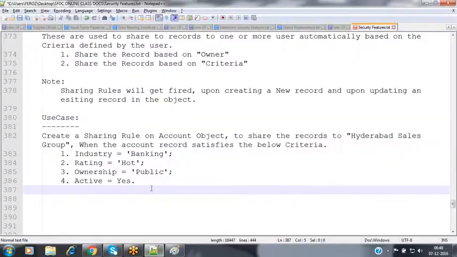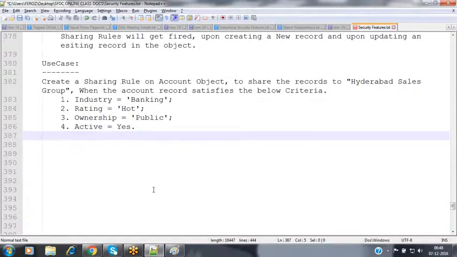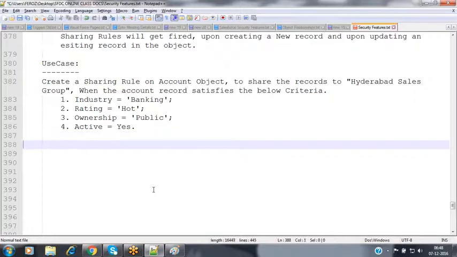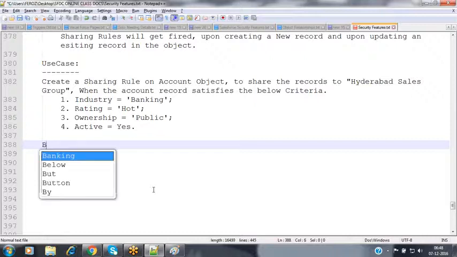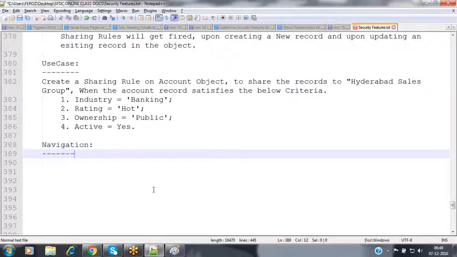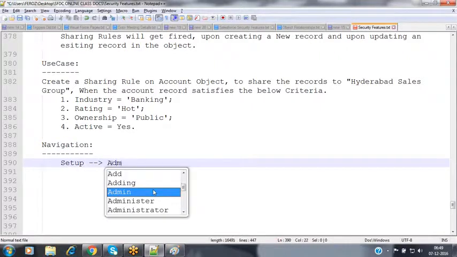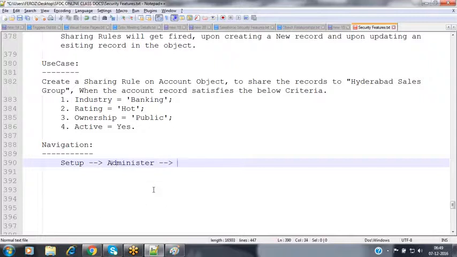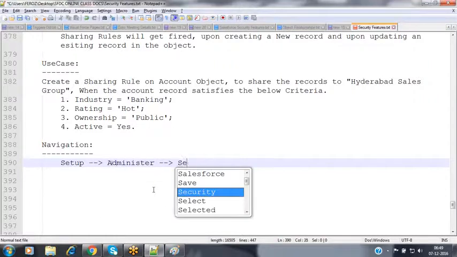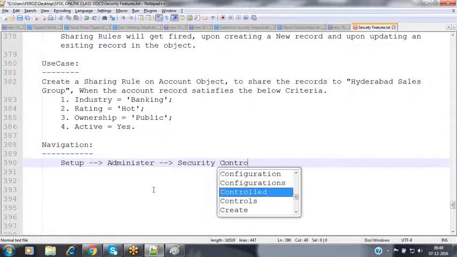So now let's create a sharing rule here. How can we create these sharing rules? Where is the sharing rules option available in Salesforce? Now let's see practically here. The navigation is, we have to go to the setup menu, go to the administrator menu in the left panel, go to security controls.